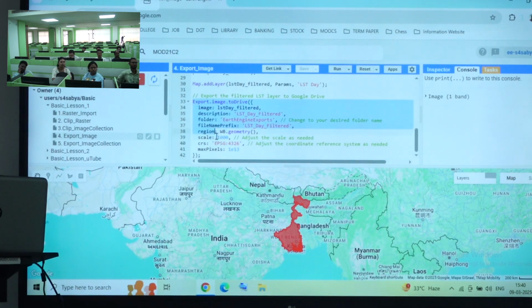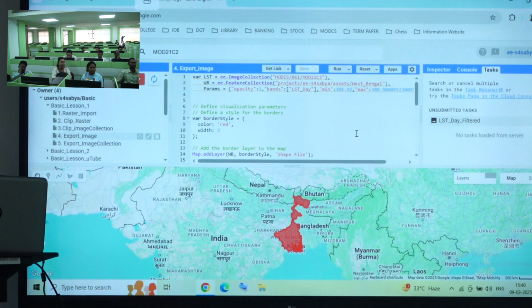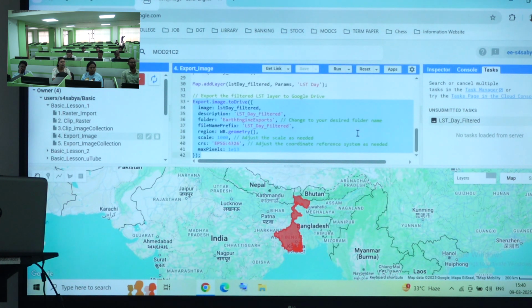There is export, and once we have done export, what do we have to do? We have to go to task. In the task, it is saying that the LST day filtered image is ready. Once I click on run, it will be saved directly in our Google Drive. So the image is ready and it will save in our Google Drive. We have to download it from our Google Drive. It will be ready. Okay. So that's it. But you have to make sure that there is enough empty space in your Google Drive. Yes, if there is not enough space in your Google Drive, then